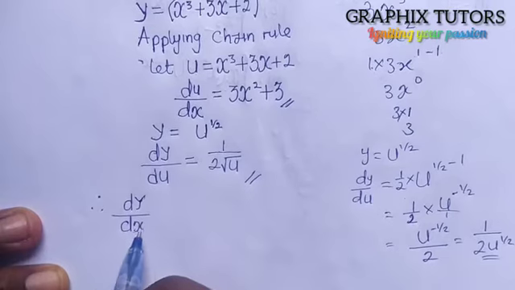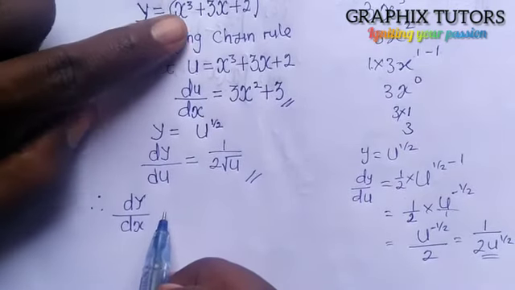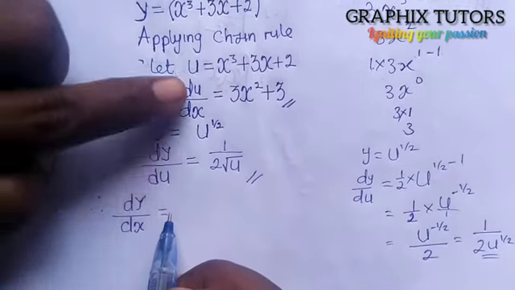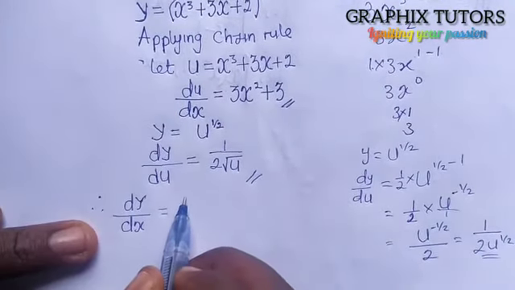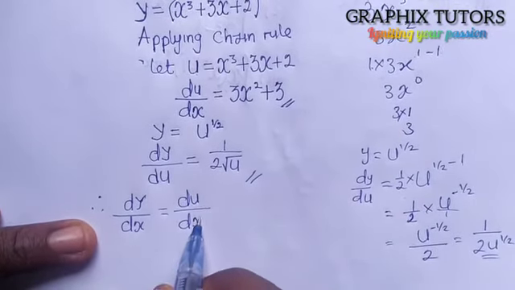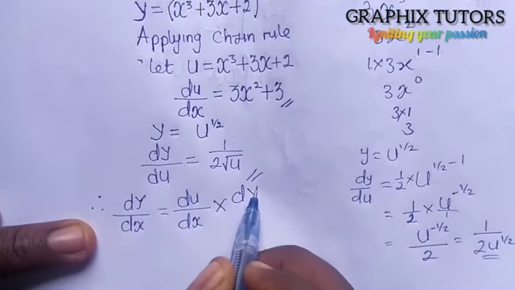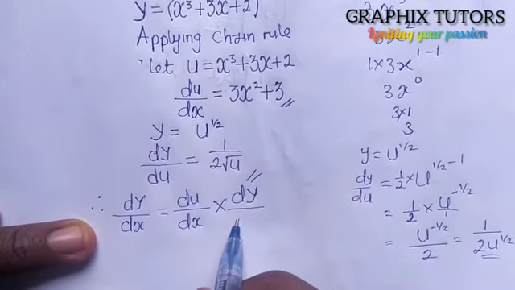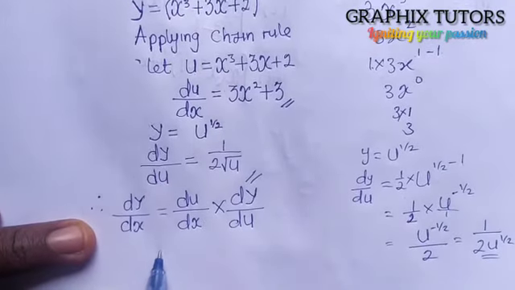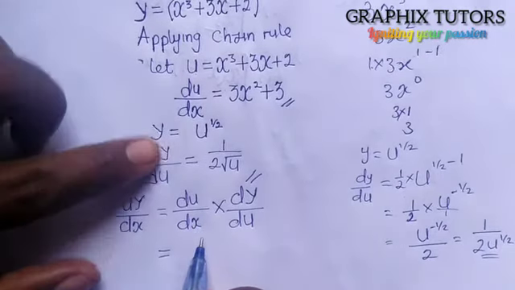dy over dx, right? Because I'm looking for dy over dx, y is equal to what? I'll multiply these two derivatives here, which is saying du all over dx multiplied by dy all over du, right? And this will now give me du over dx. Du over dx is giving me